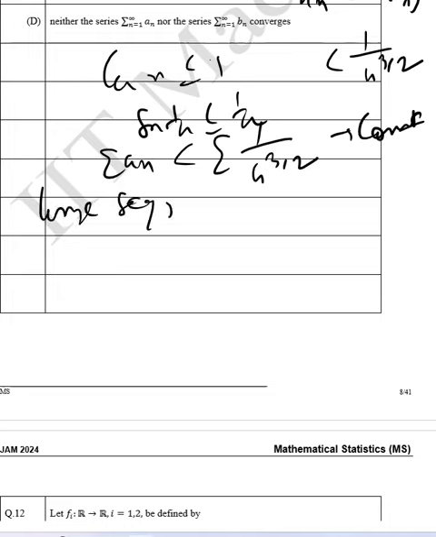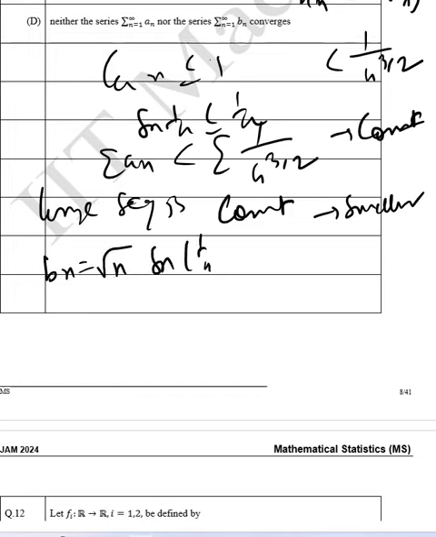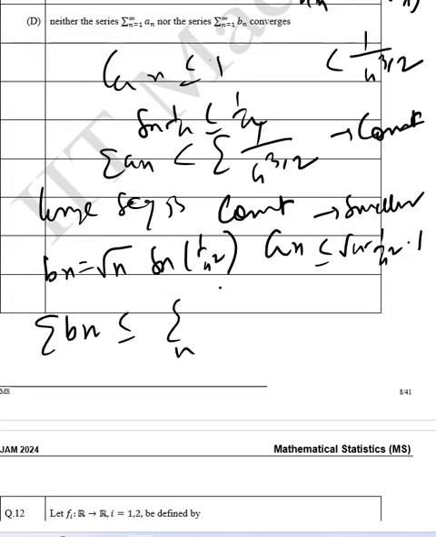Next is, now, if the larger sequence is convergent, the smaller will also be convergent. So Bn equals root n sine of 1 by n square cos n, which is less than root n times 1 by n square into 1. Okay. So the summation of Bn is less than or equal to the summation of 1 by n to the power 3 by 2. So Bn is also convergent. So option number C is